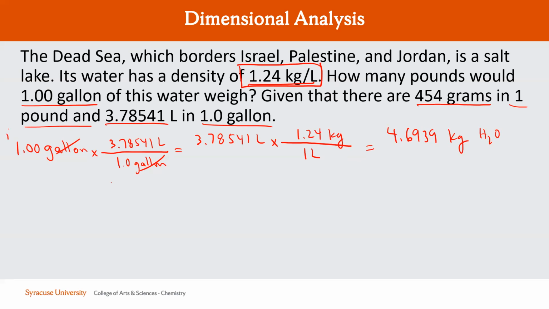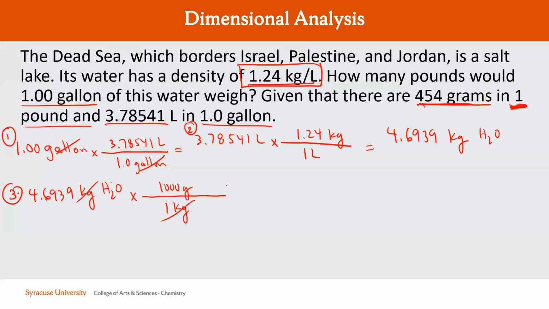Now that I've got kilograms of water, so that was step 1. That was step 2, going from liters to kilograms, right? What would be step 3? The last 2 steps would be kilograms to grams, because ultimately we're trying to find weight in pounds, and I know 454 grams per 1 pound. So, right, we know 1 kilogram is 1,000 grams. So kilograms cancel out and multiply by 1,000, we get